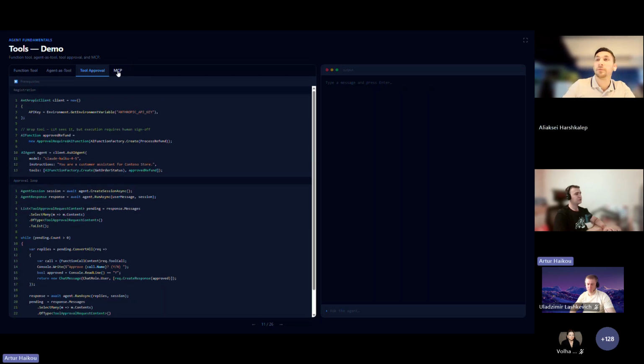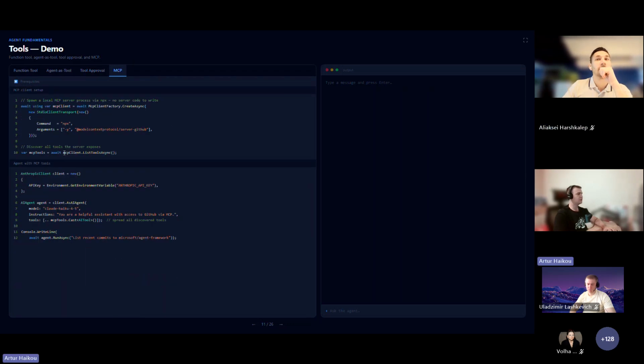And of course, we are able to connect MCP servers, built on top of the Model Context Protocol library. I'm not going to spend a lot of time here, but what you can do is the same: just receive appropriate tools from your MCP server, which can be based on STDIO or HTTP.